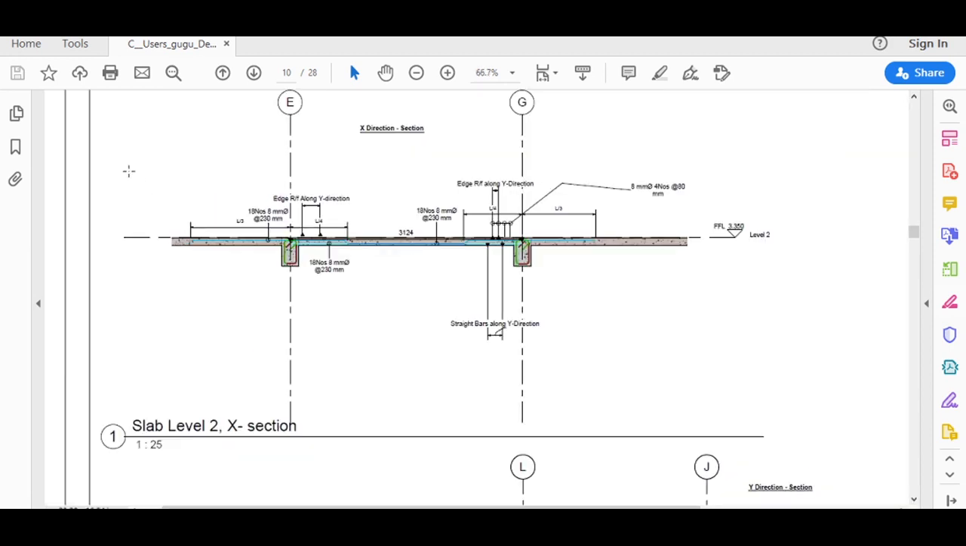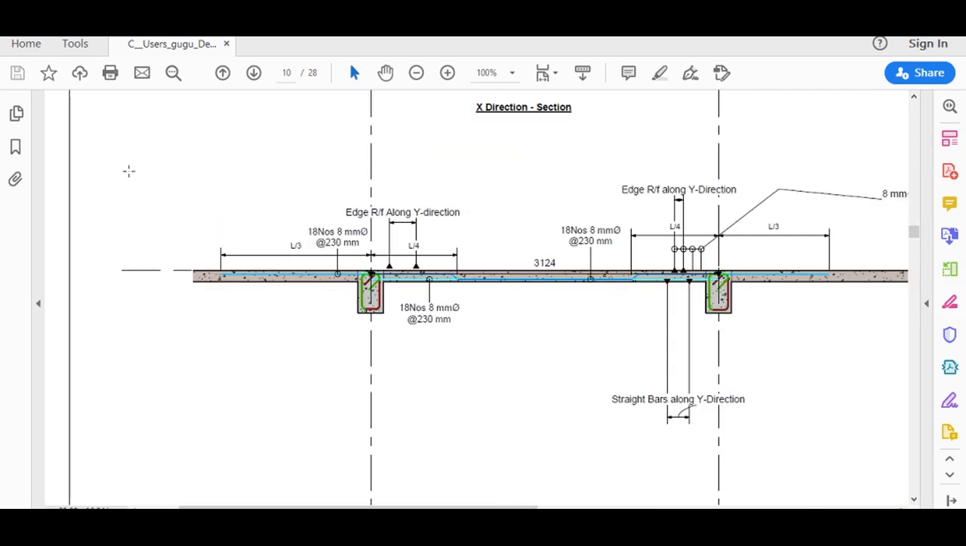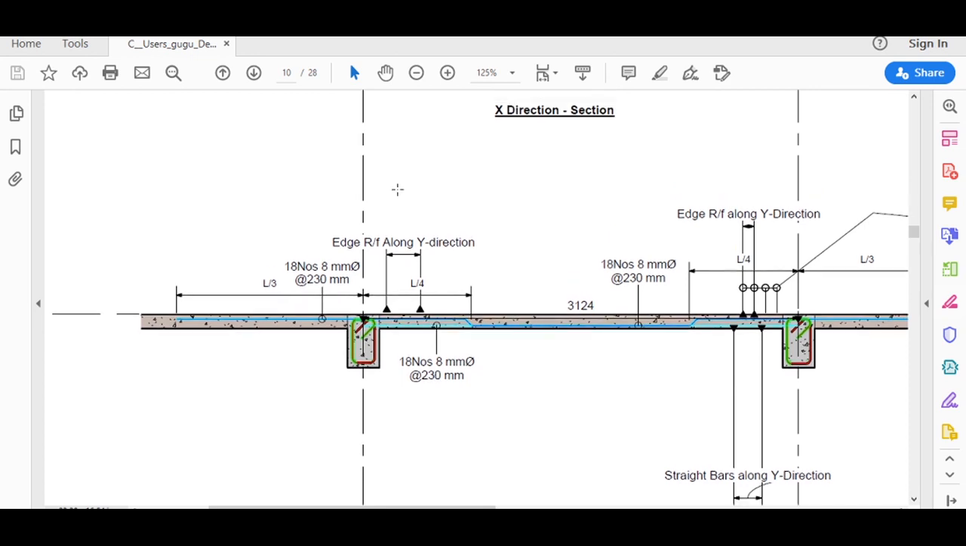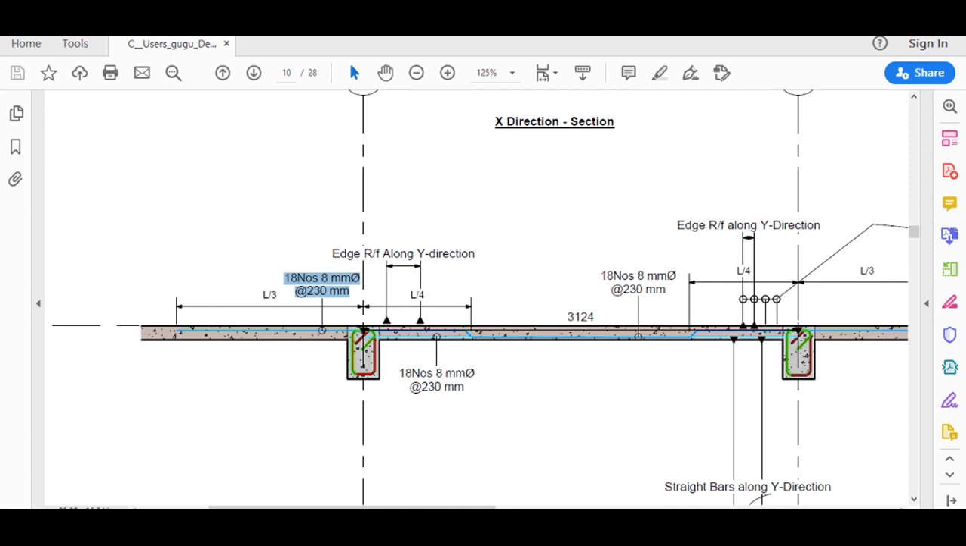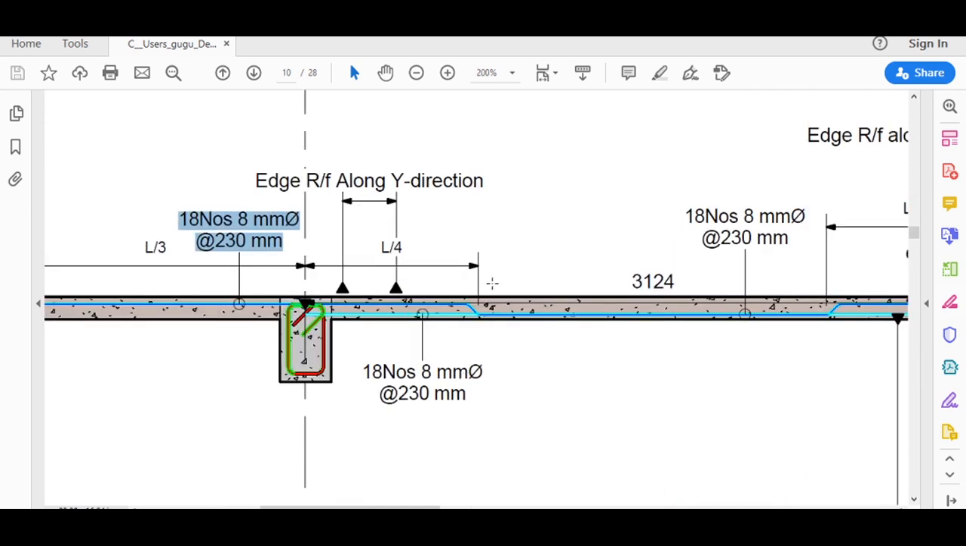So this is the sectional view of the slab in the x direction. Here the thickness of the slab is 150 mm. First, there are bent-up bars along the x direction, that is 8 mm dia bars at the rate of 230 mm center to center. The arrangement of laying the crank is that the crank is provided at L by 4